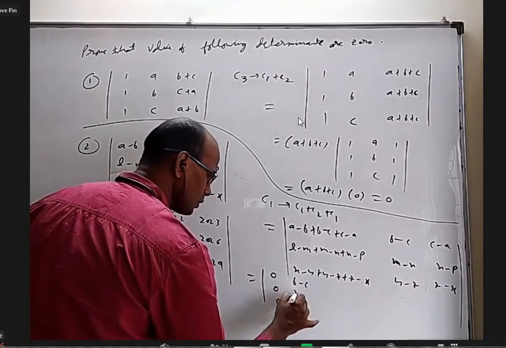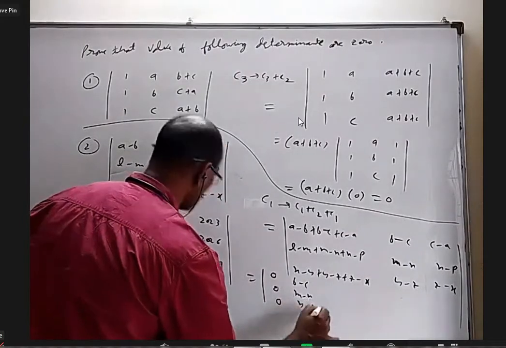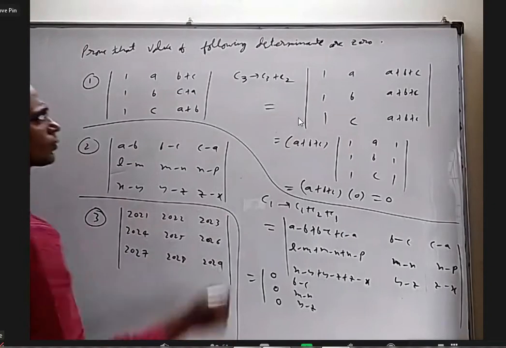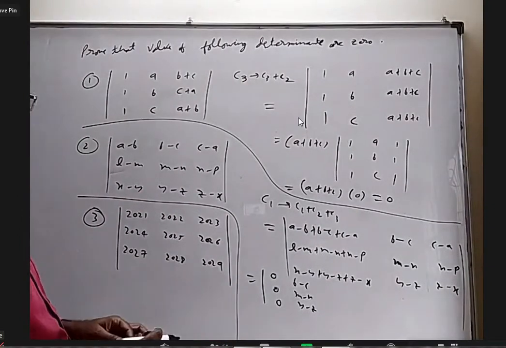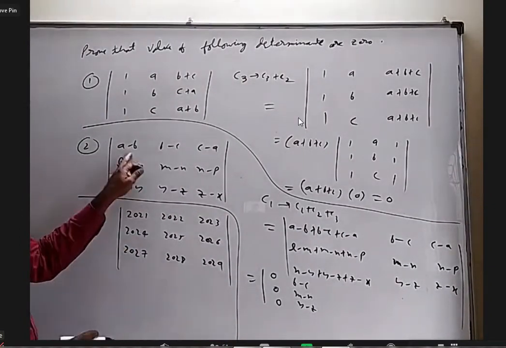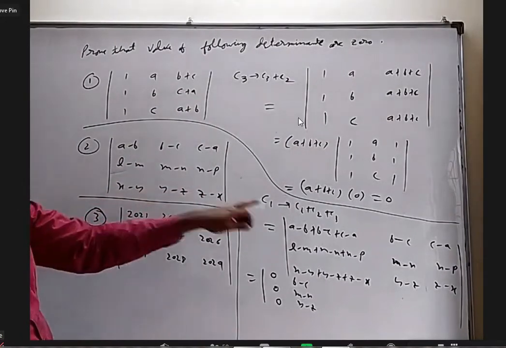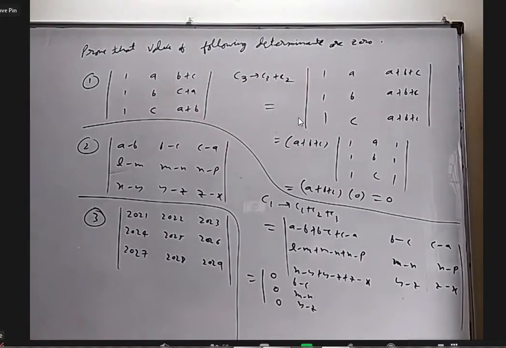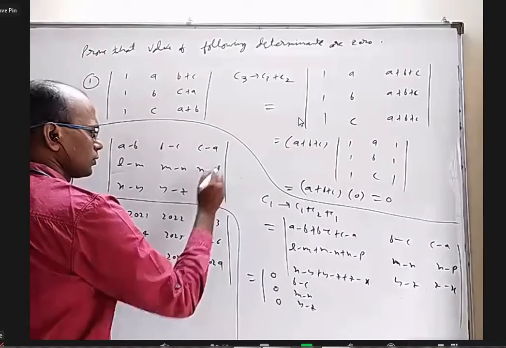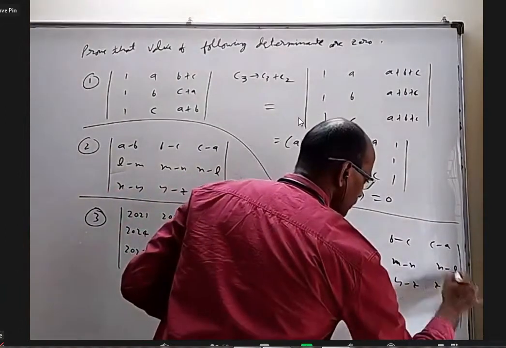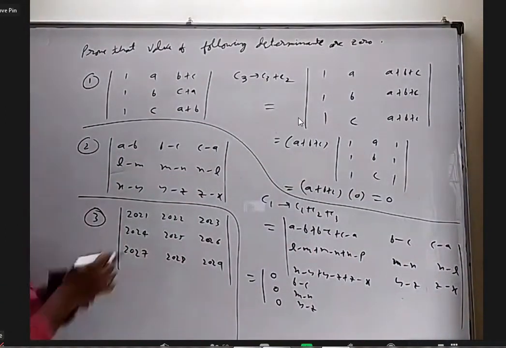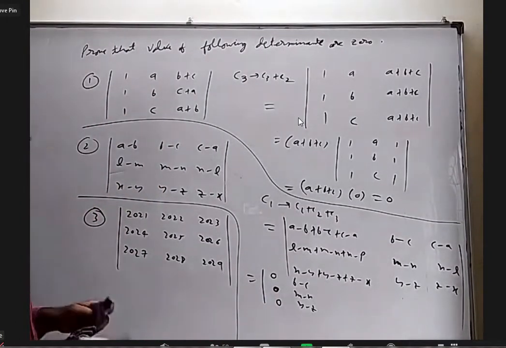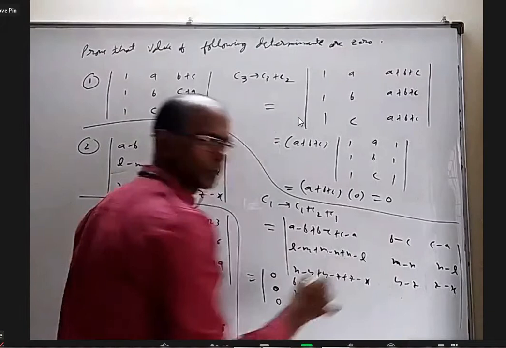Sir, B minus C, M minus N, Y minus Z. For first row, second column, you get L minus P, sir. In the same question, A minus B, B minus C, C minus A, L minus M, M minus N, N minus P, X minus Y, Y minus Z. L minus L, sir. N minus L. This is N minus L. Then only it will come 0, otherwise it will not come. Even in the first column of the answer, you have to change it.